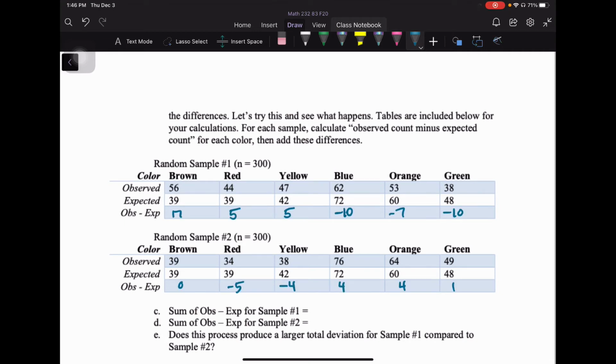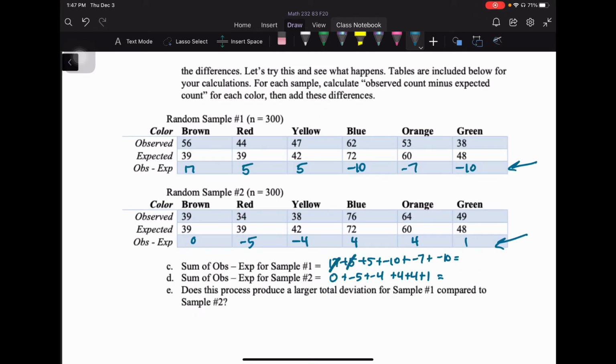What I'm going to do next is add all of these values for sample 1 and all of these values for sample 2. Okay, 17 plus 5 is 27. Negative 10 and negative 7 is negative 27. This sums to 0. Negative 5 and negative 4 is negative 9. 4 plus 4 plus 1 is 9. Negative 9 and positive 9 is 0. Based on this calculation, our zeros match, and so it looks like both of these samples are equally variable,